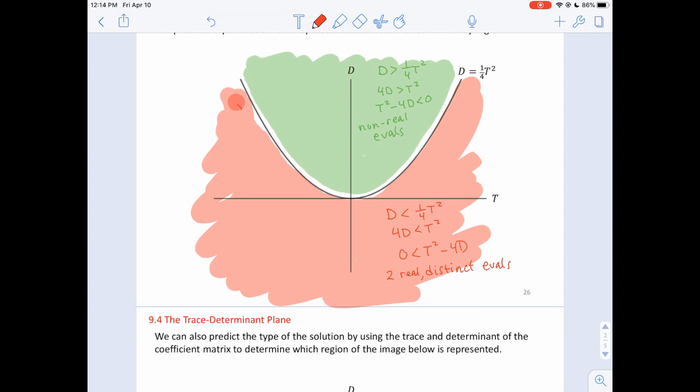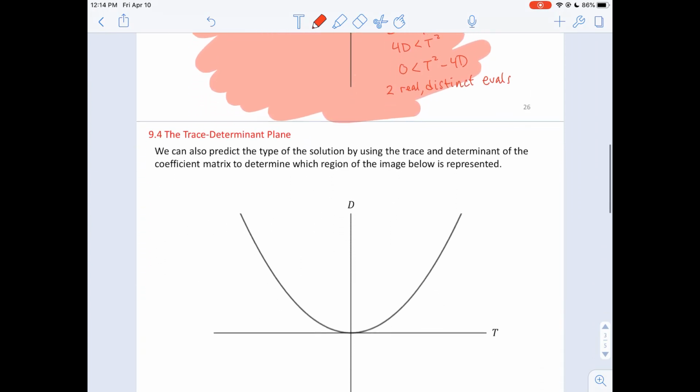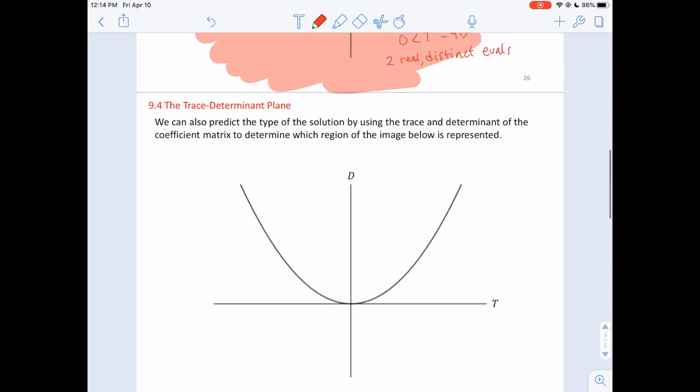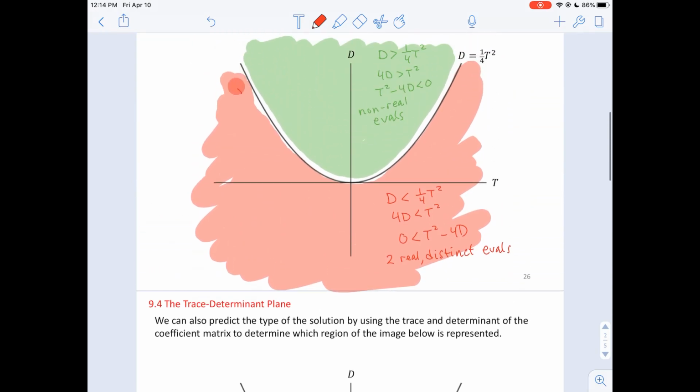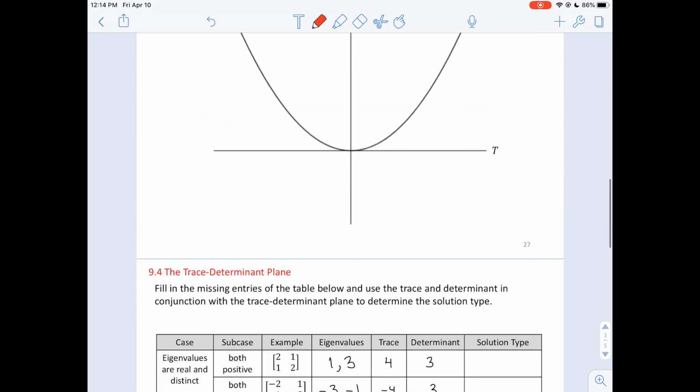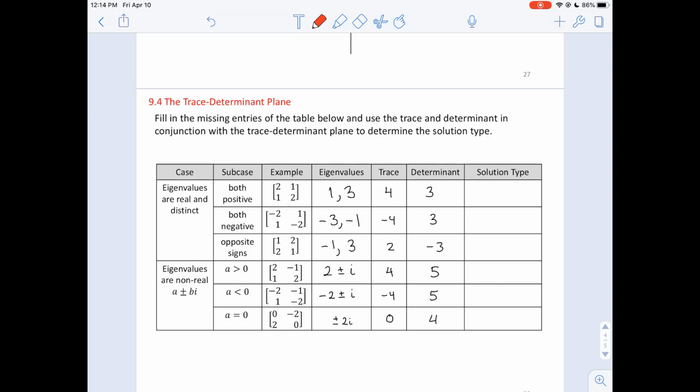All right, we can take this a little bit further. We can also predict the type of the solution by using the trace and determinant of the coefficient matrix to determine which region of the image below is represented. Okay, so the type of solution, let's first explore this in the green. So when we have non-real eigenvalues. In that case, when we had non-real eigenvalues, so we're down here looking at this bottom case, if A was